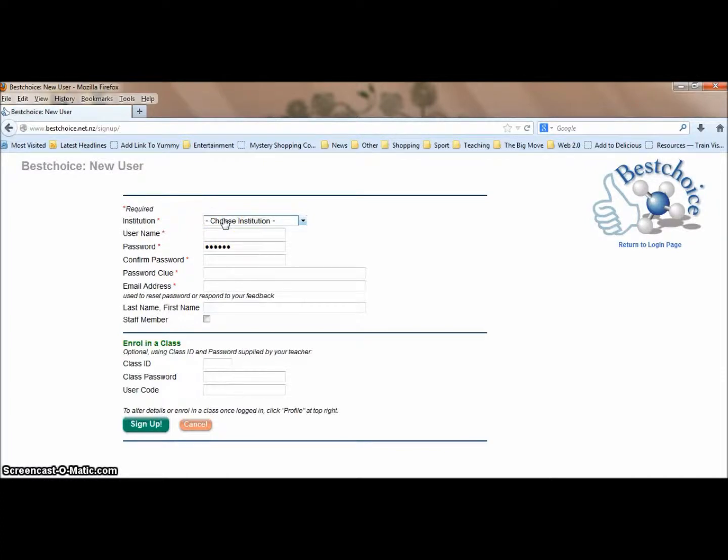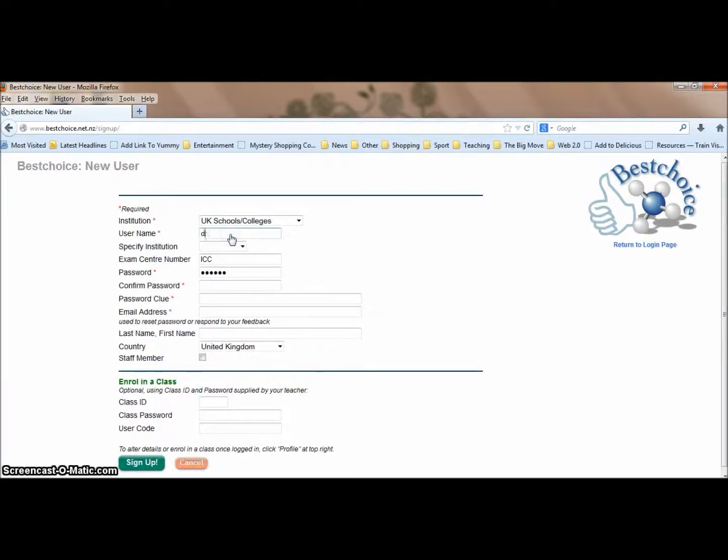And in fact, I didn't have entered the username because I'm prompted to enter it again here, but UK schools and colleges, so we'll have Dr. K GCSE example Stu, we'll call me. Institution. Now this doesn't strictly speaking matter, but you did OCR Gateway as a GCSE course, so we'll select that. The exam centre number is 54315, which you should be quite used to from your GCSEs that you've just sat. Enter a password of your choice